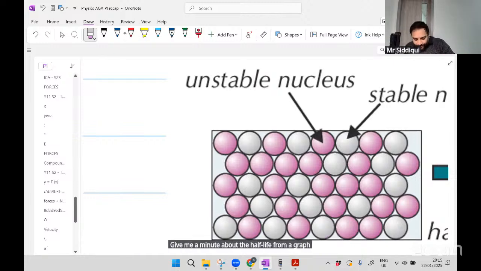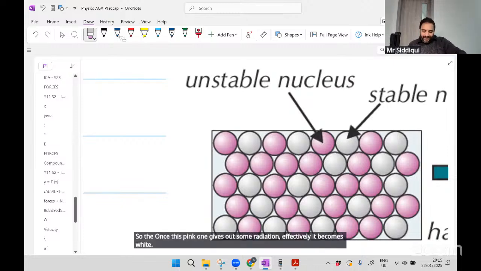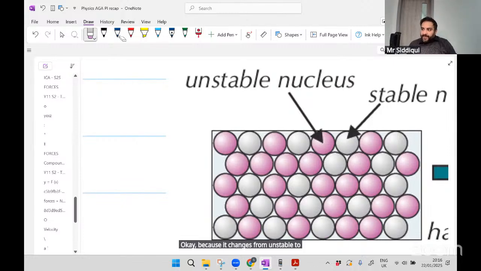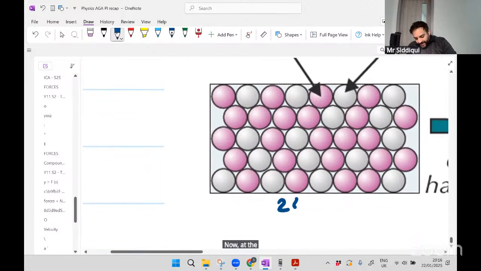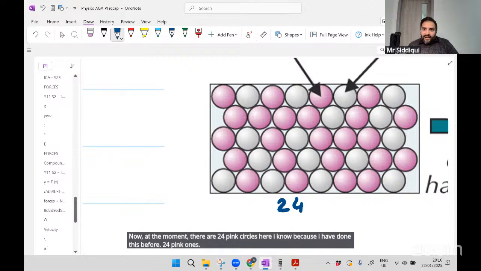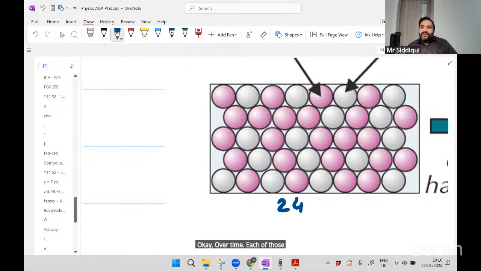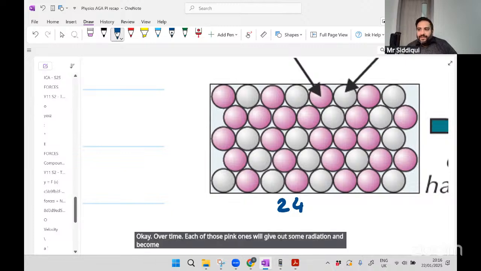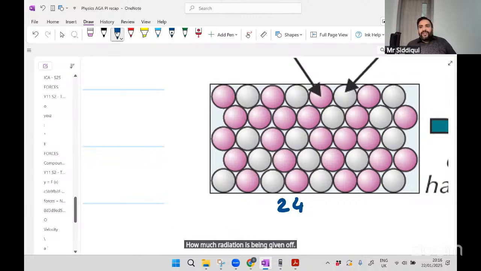I'll get there. So once this pink one gives out some radiation, effectively it becomes white, because it changes from unstable to stable for the purposes of this picture. Now, at the moment, there are 24 pink circles here. I know because I have done this before. There are 24 pink ones. Over time, each of those pink ones will give out some radiation and become white or stable. So that means the number of pink ones here is reducing over time. The pink ones basically represent the radioactivity of this material, how much radiation is being given off. After a certain amount of time,